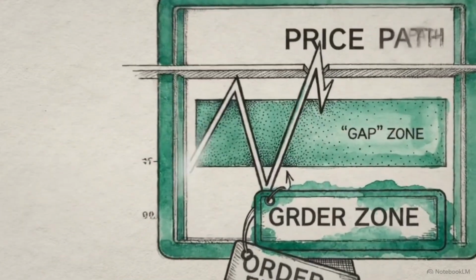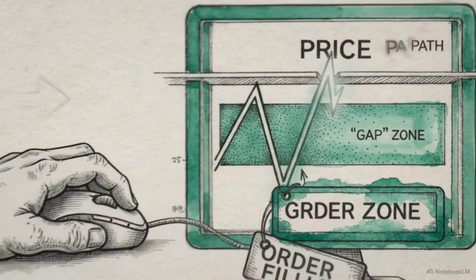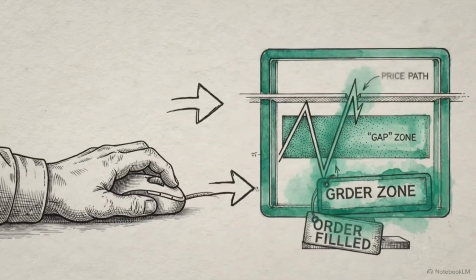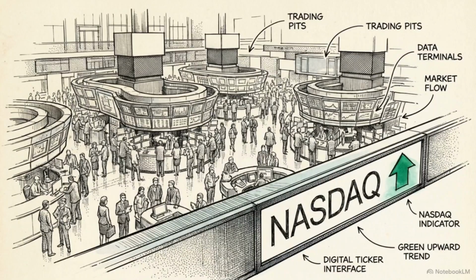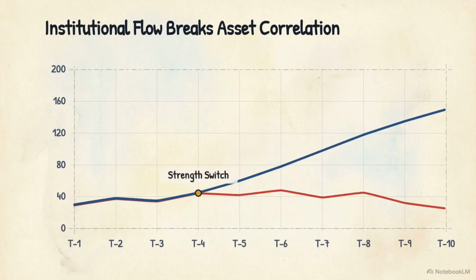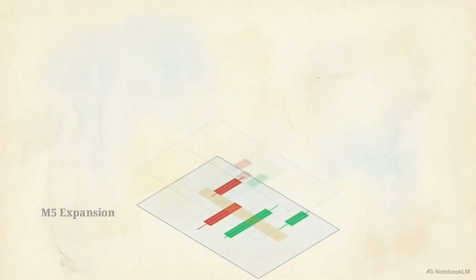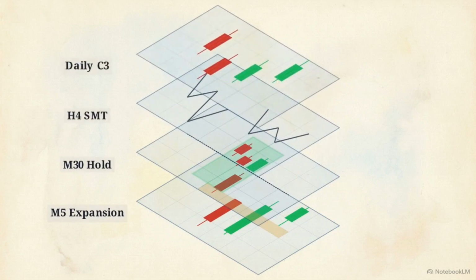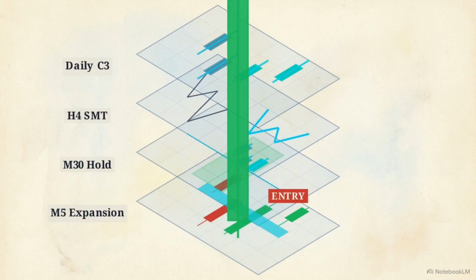The actual decision to trade was made layers above this timeframe, long before the entry. Consider a high-probability expansion in an index like the Nasdaq, where the assets decouple correctly against the broader market. This stack visualizes the exact sequence: a daily continuation on top, validated by a 4-hour correlation crack, supported by a 30-minute hold, ending at a 5-minute entry gap. The explosive micro-movement is a physical reaction to macro intent. Momentum cascades downward, dictating the expansion.